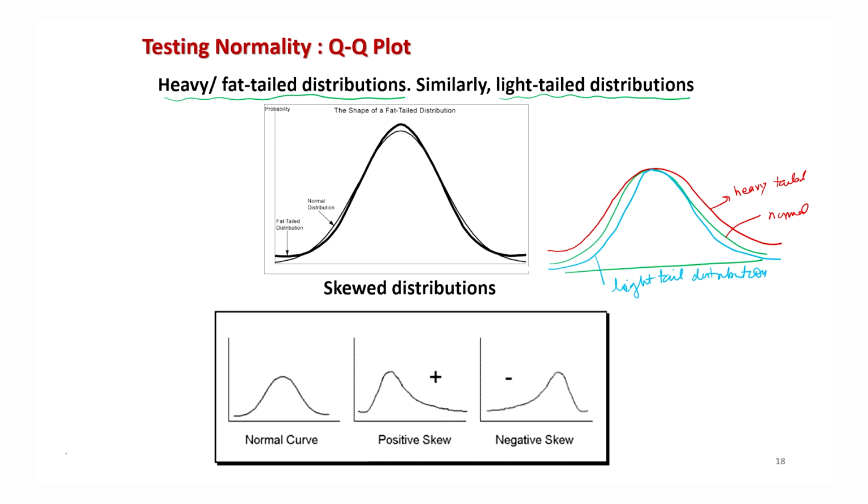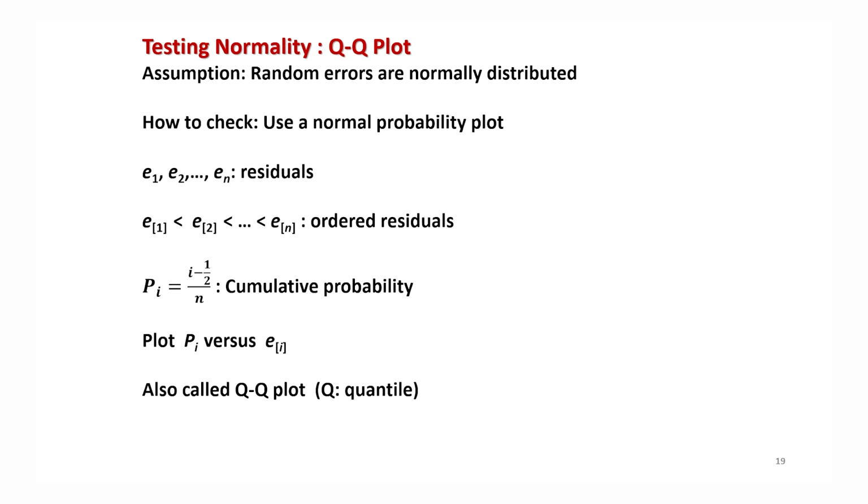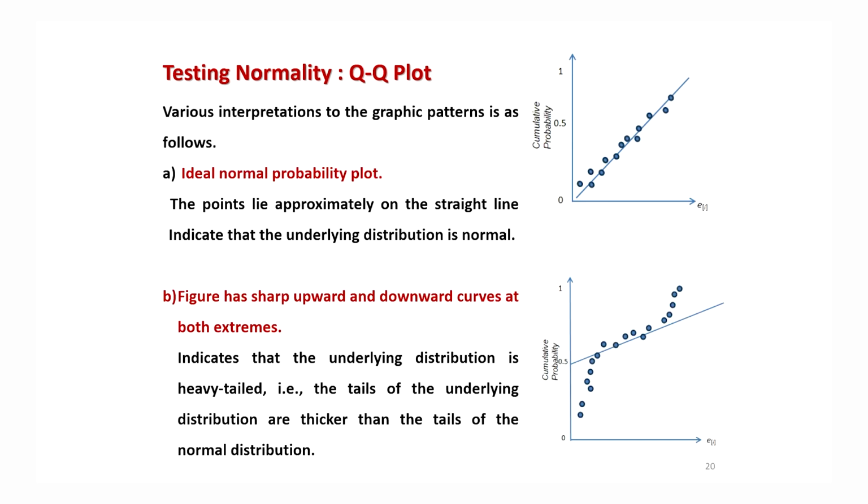Similarly, the normal curve is always symmetric like this. But if it is skewed on the left hand side, meaning there is more data on the left hand side than the right hand side, then it is called a positively skewed curve. And when there is more data on the right hand side, like this one, then it is called a negatively skewed curve. So we try to identify these types of distribution from the normal plot or the QQ plot. We are now going to make these plots, but first I will show you how to interpret it.